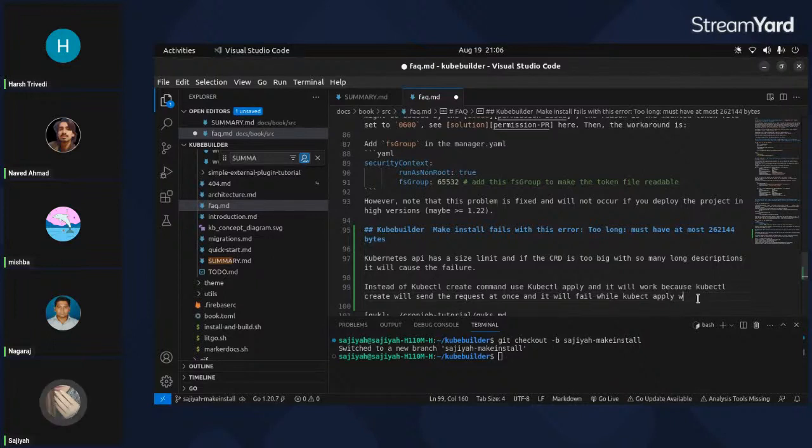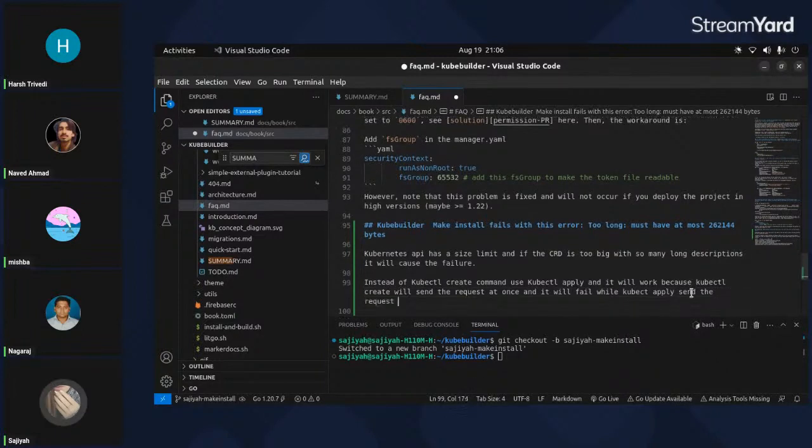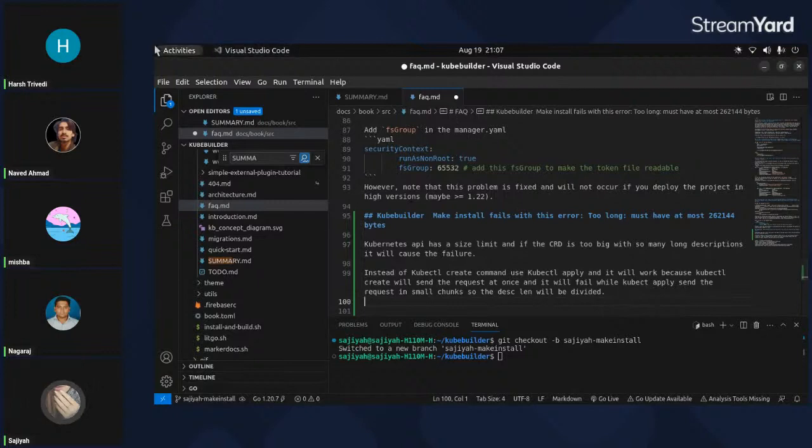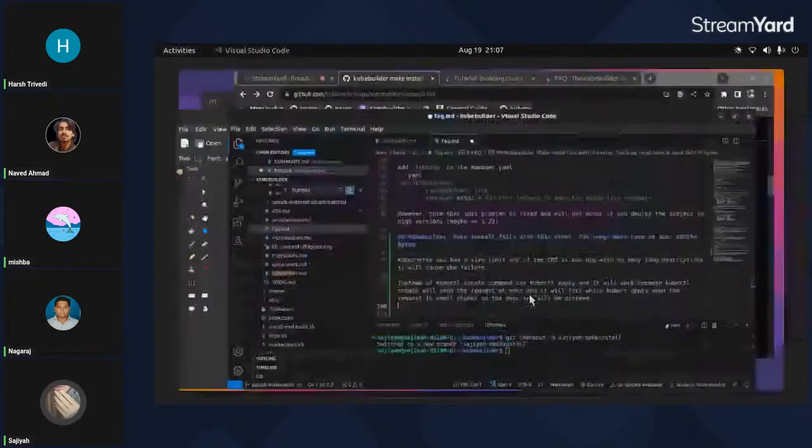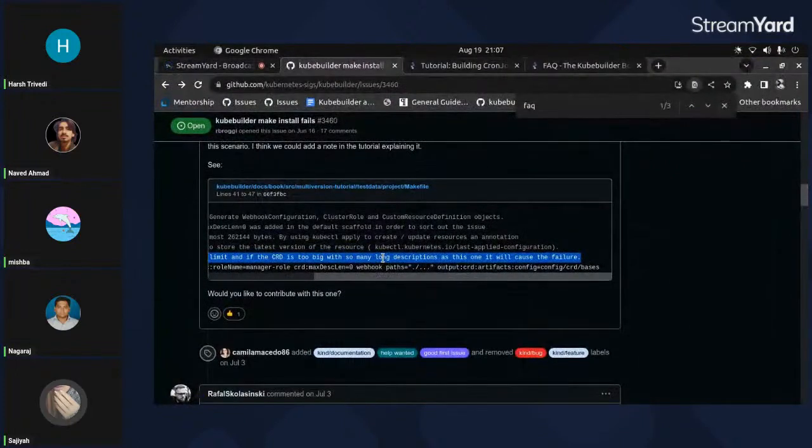Once and it will fail while kubectl apply. Hence the request, small chance. Divided. We have other workaround as well. I forgot to explain this. Let me explain this as well. Okay, so the other workaround is